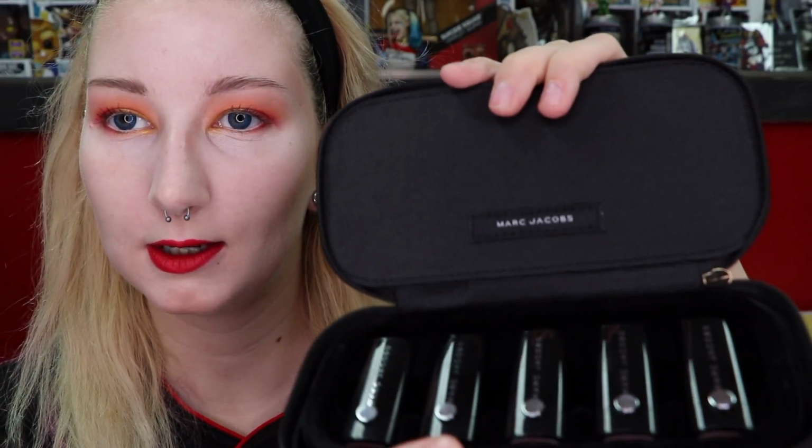So I remember talking to my mom about it, and I said I would never buy a full-size Marc Jacobs lipstick, but I would definitely buy their sample sizes. And so when the sale was happening, I found this. I don't know what's the deal with tassels lately, but everybody's tasseling it up. It's a pretty sturdy case. It comes with these different shades in it, and I'm actually wearing the shade Goddess on my lips right now,